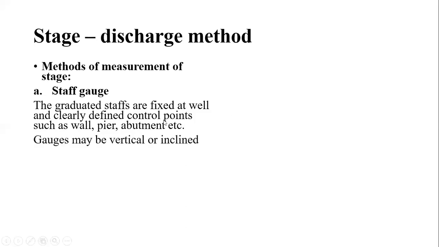Okay, a pier, that is the column of a bridge, is considered a pier. Many times we observe that piers are graduated, that is, readings are marked on the pier itself: 4 meters, 5 meters, 6 meters, 0 meter, 2 meter, likewise, in millimeters or centimeters and meters. So by knowing the intersection on the top surface of the water where it crosses the pier height, we get the reading directly. From there the reading we get can be measured directly.